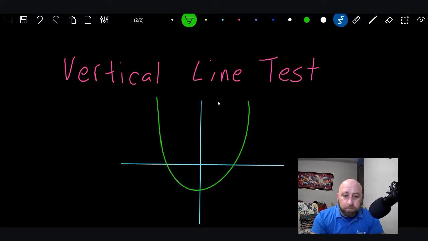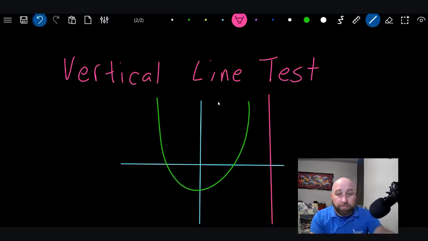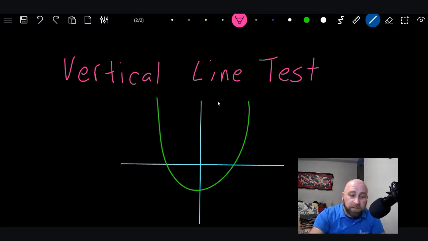Now, if we use the vertical line test, here's the vertical line test. I can put a vertical line anywhere on the graph, vertical, up and down, okay? Basically, the y-axis is a vertical line. So I can put one anywhere I want, okay? In fact, we're going to put multiple ones. We're just going to look at them. So I'm just kind of drawing multiple ones, different places, so you can get an idea of what I mean. Now, here's the vertical line test. If the parabola, or if the line, whatever it is, touches the vertical line